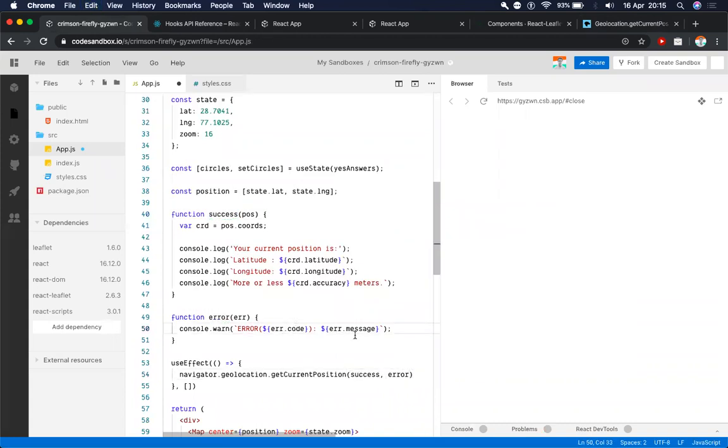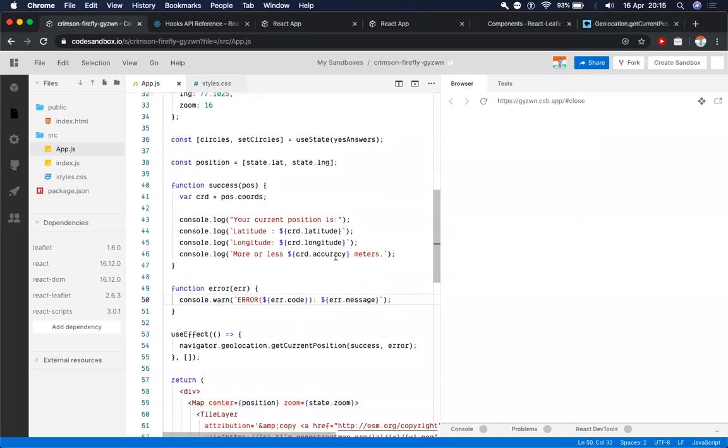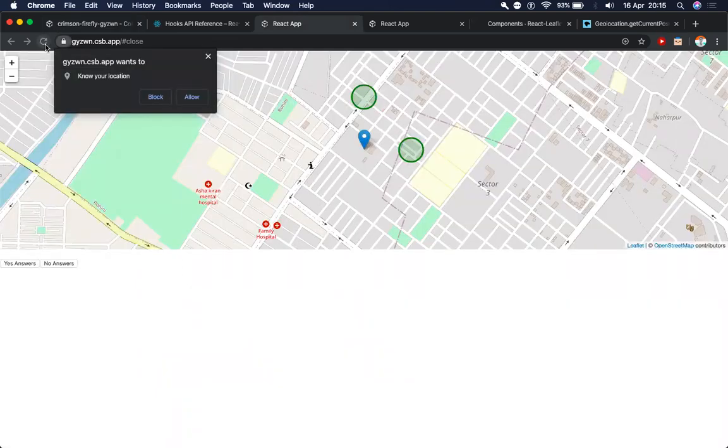In case of an error, we are console.logging this. In case of success, we are also console.logging this. I'll just save this right now. Okay, as you see, it's asking me for my location right now.